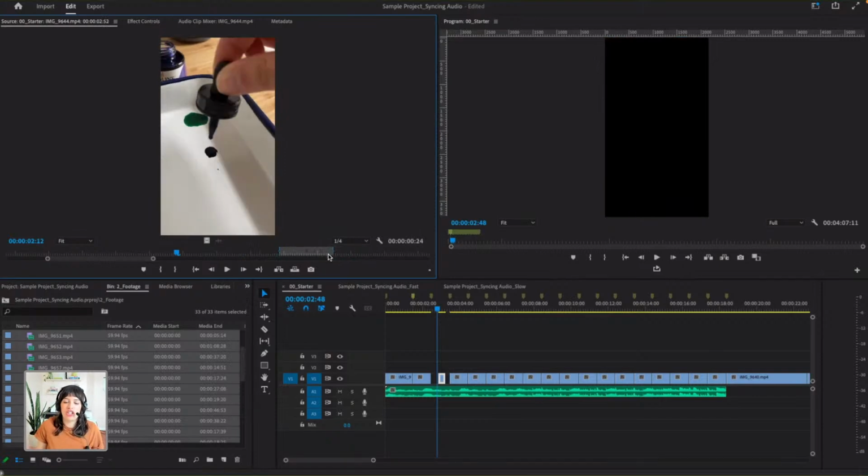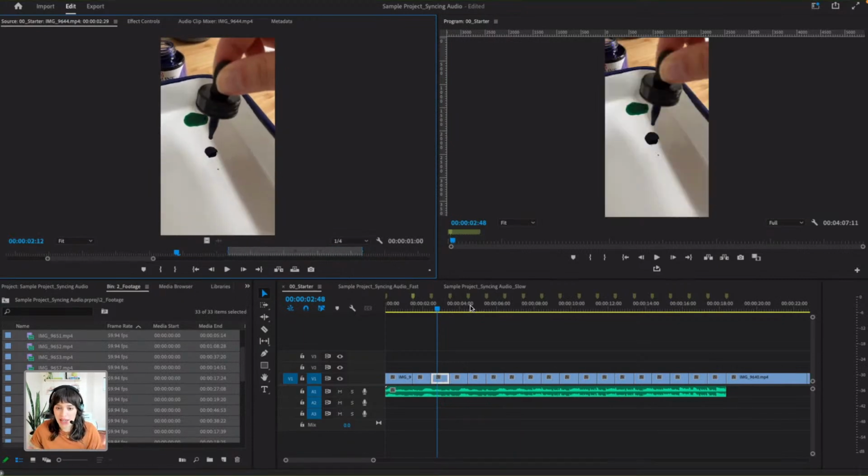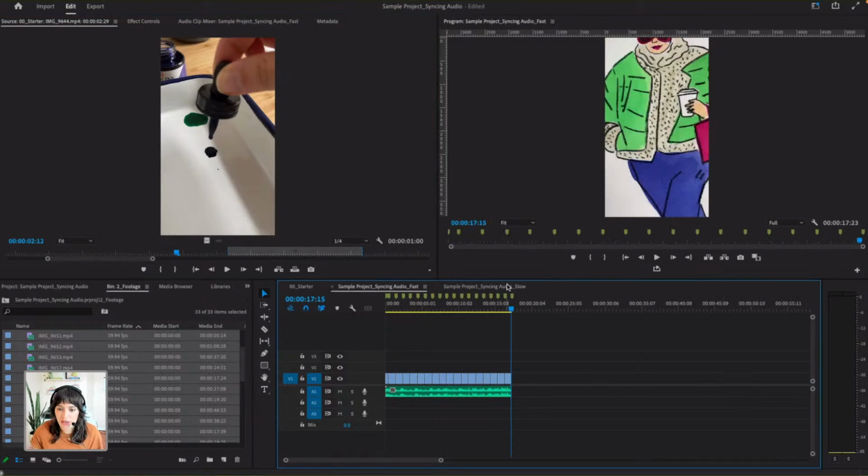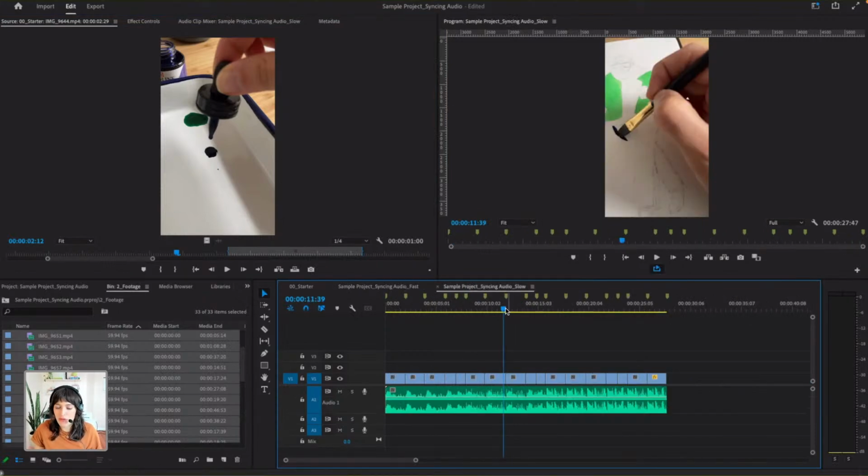So if you do the automate to sequence and you see that some of the segments that you selected are too short, don't freak out, because when you double click it, you can actually just adjust it. What do I mean by that? Let me show you here. We have some time left. I want to just show you what I mean. In this slow one that I created for you, sometimes the clip that you select